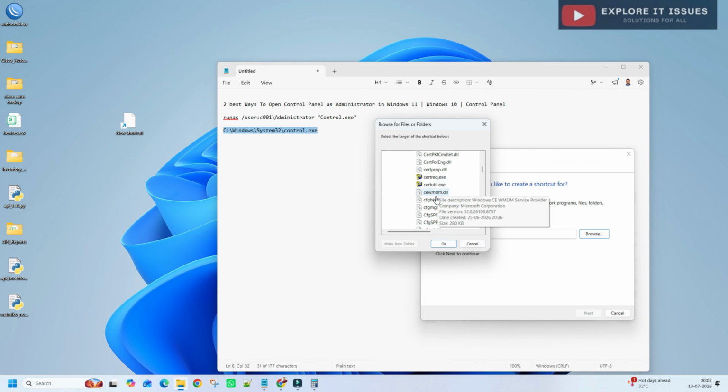So here is control. There are multiple files, so it's taking more time.